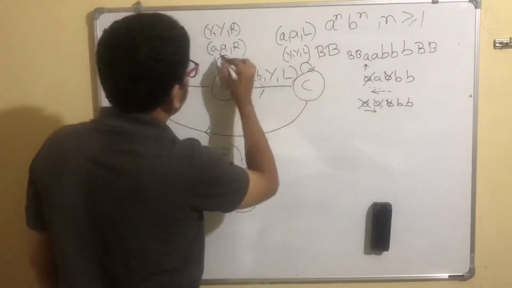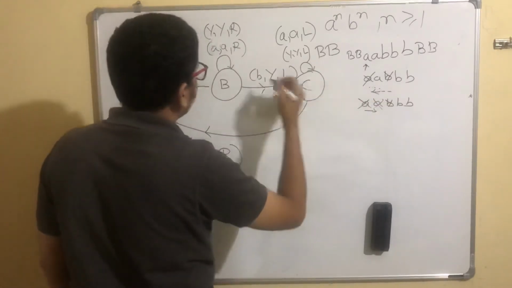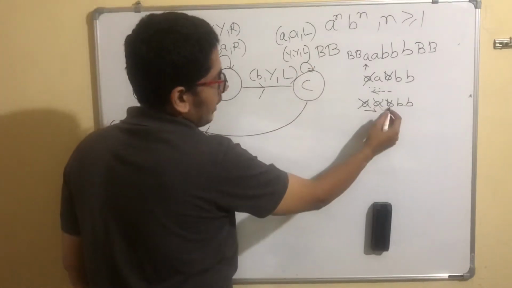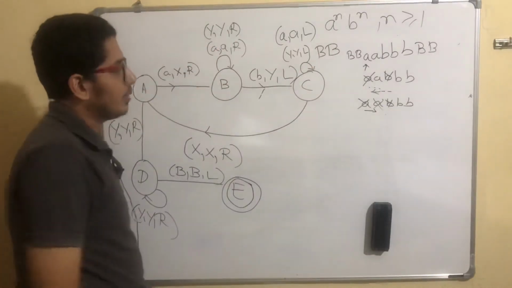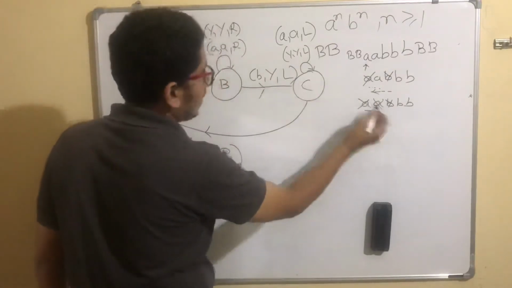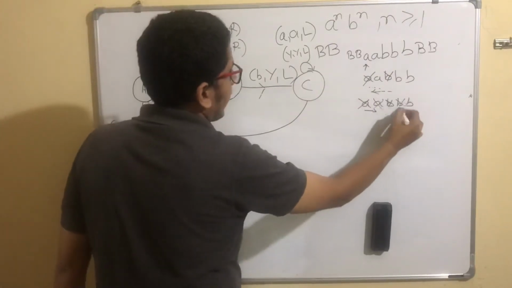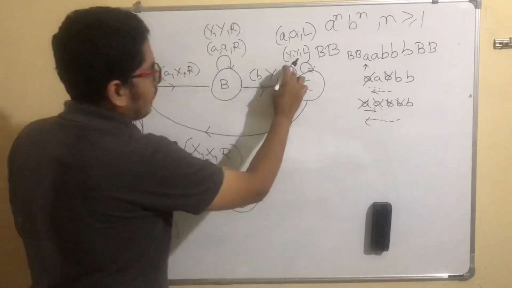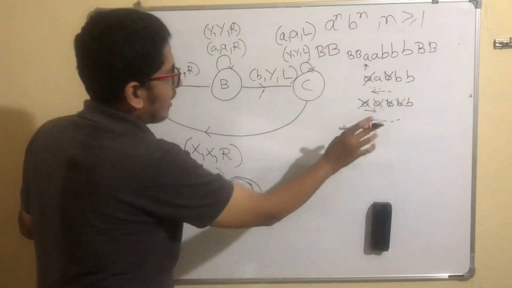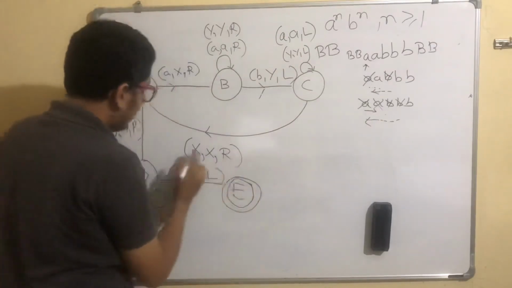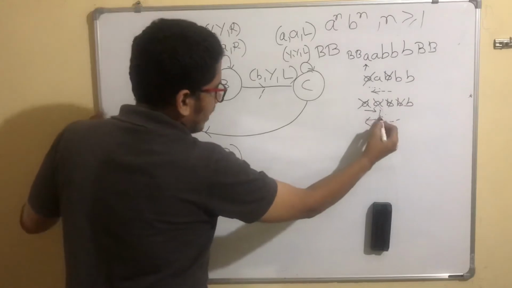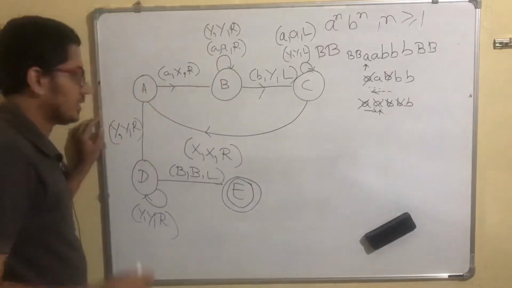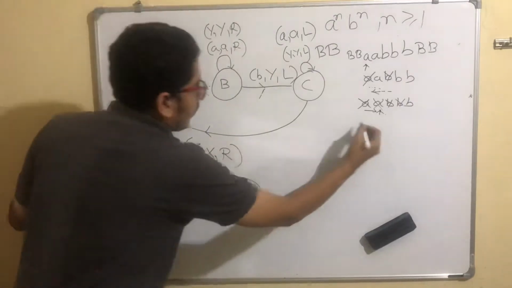While moving right, it can have any number of a's. There are no a's, so nothing about this. There can be any number of y's. It will keep it as y and move right. This is the only y. So when it sees the first unseen b, it will make it as y, then come left. So while coming left, again there can be any number of y's, it will keep it as it is. So now it will come here, because this is the first x remaining, so it will keep it as x, start moving right.